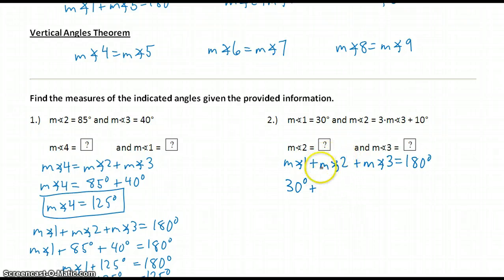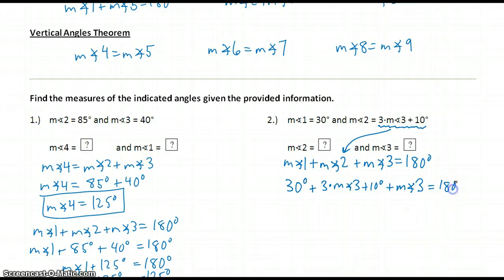plus the measure of angle 2. Well, this gets a little tricky. The measure of angle 2 is 3 times the measure of angle 3 plus 10 degrees. So I'm going to substitute this whole thing in right here. So I have 3 times the measure of angle 3 plus 10 degrees. This entire statement is taking the place of the measure of angle 2. And I still have plus the measure of angle 3